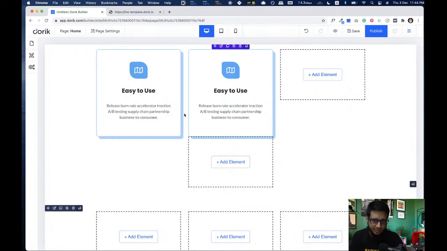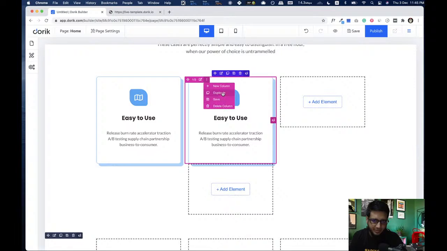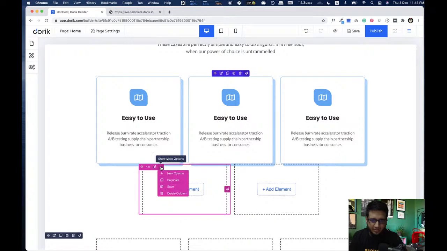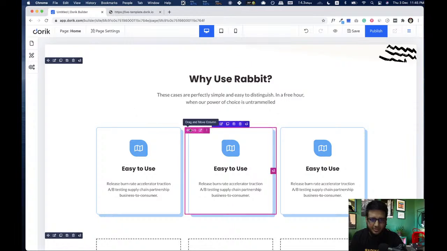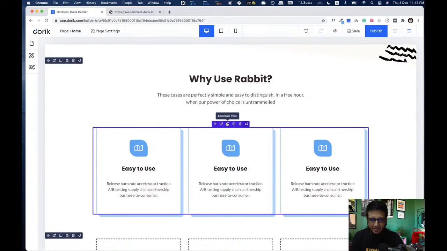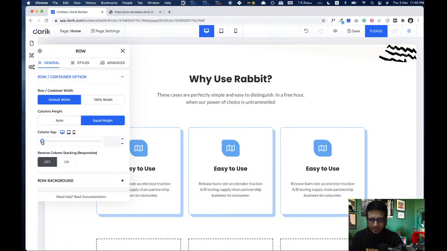So duplicate it, and I'm gonna delete these extra 2 columns. Now you can see we can easily change this color and text and icon, and it will be a completely different style. So also we can create the gap between these boxes here.